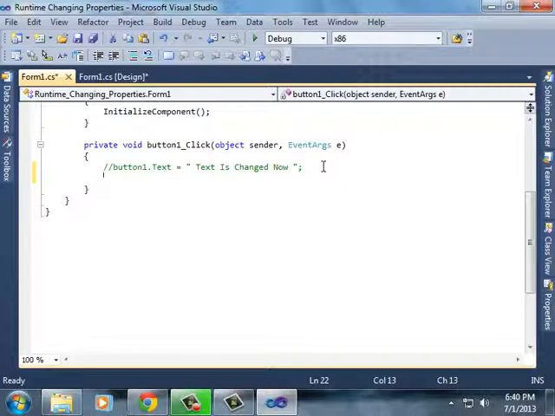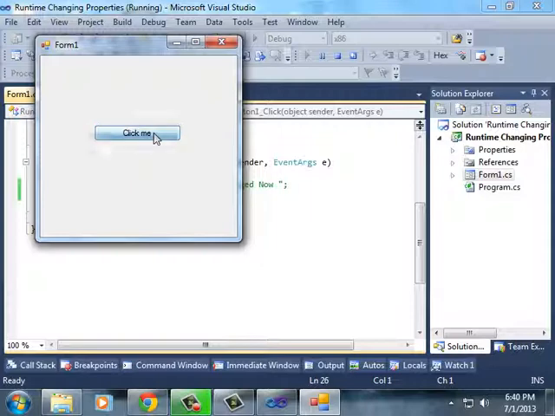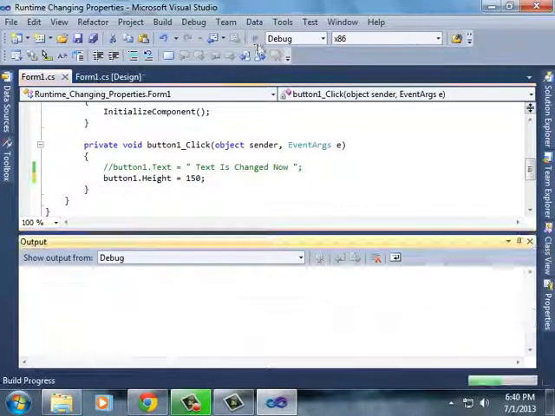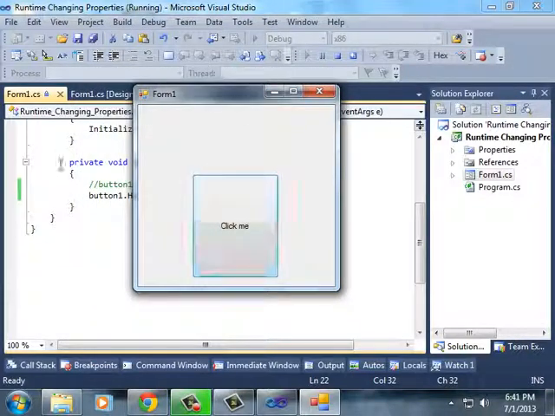If you want to change the height of the button, just access button1 dot Height. Hover the mouse over it to see what type it is. It's an integer, so you can assign an integer to it. I am assigning it 50. Now the height property of the button will change to 50. I am clicking this button and the height has changed. You can see that. Let's change it to something bigger, and you can see that the height property of the button has changed at runtime. It's in execution mode now, the application is running, not in development mode.